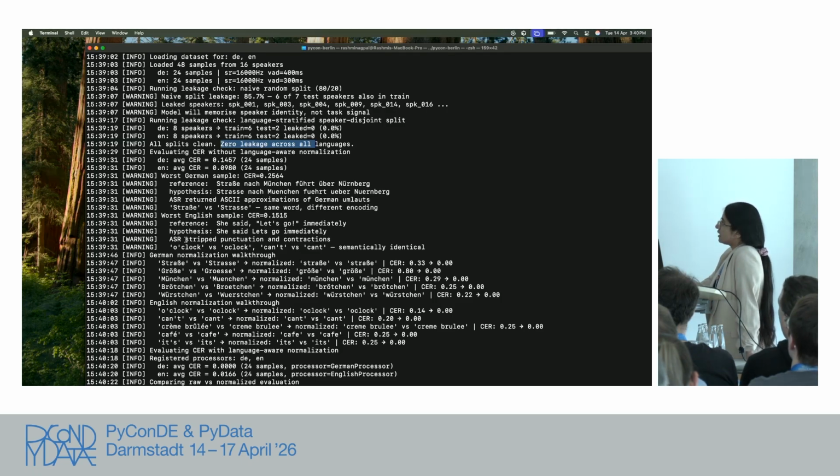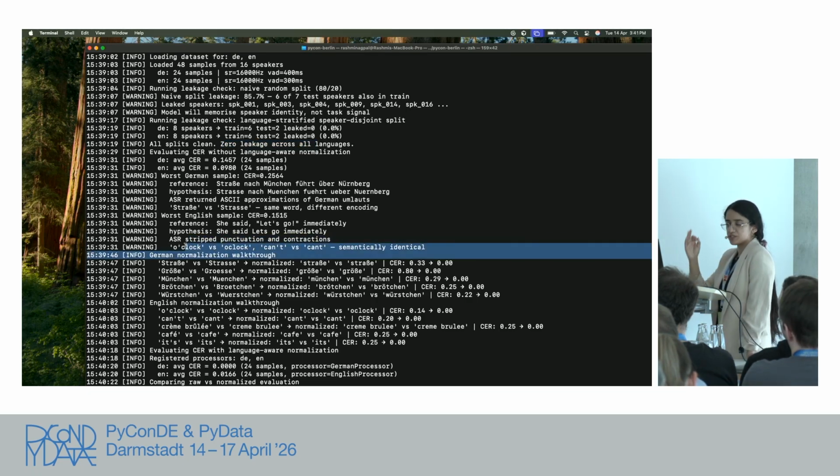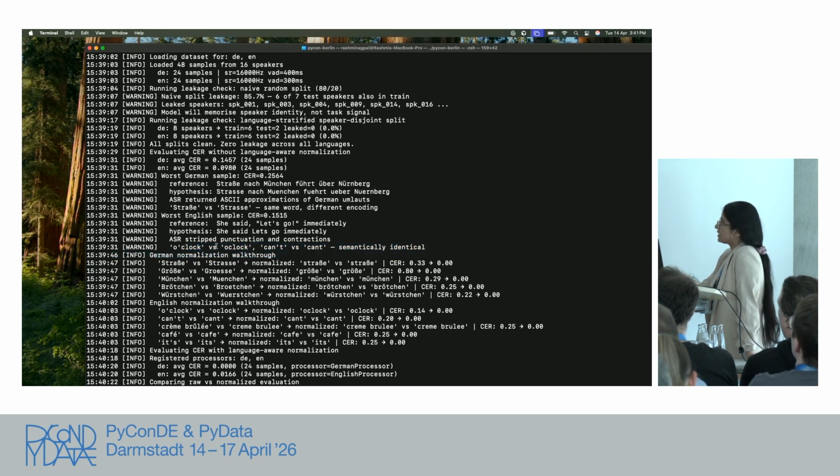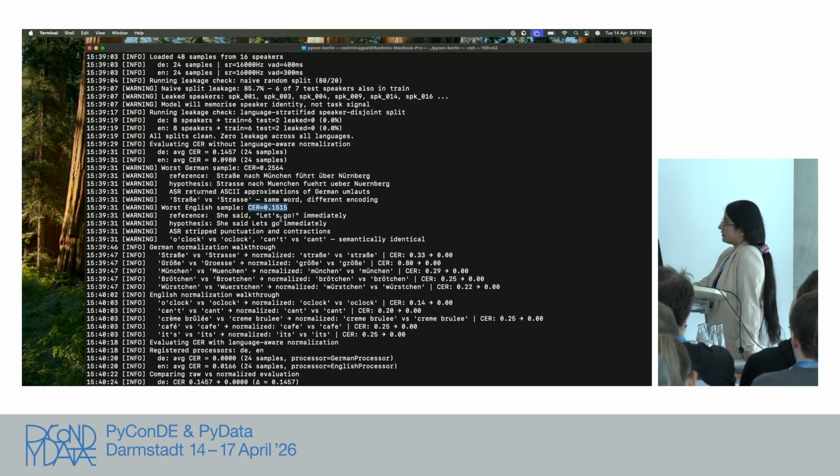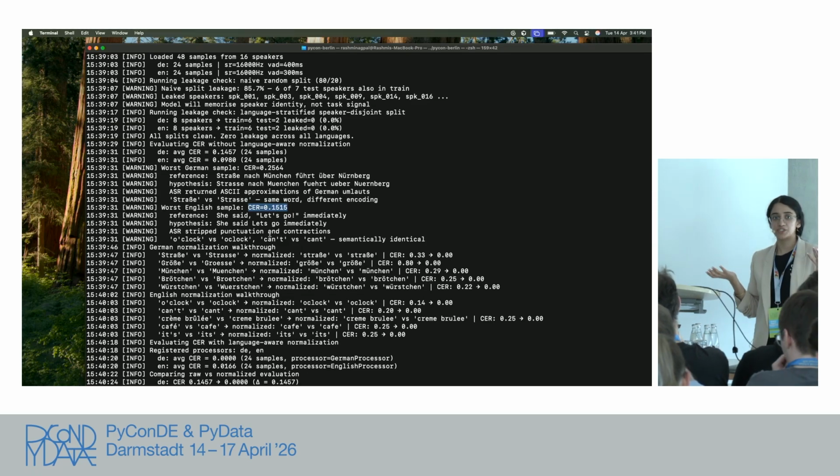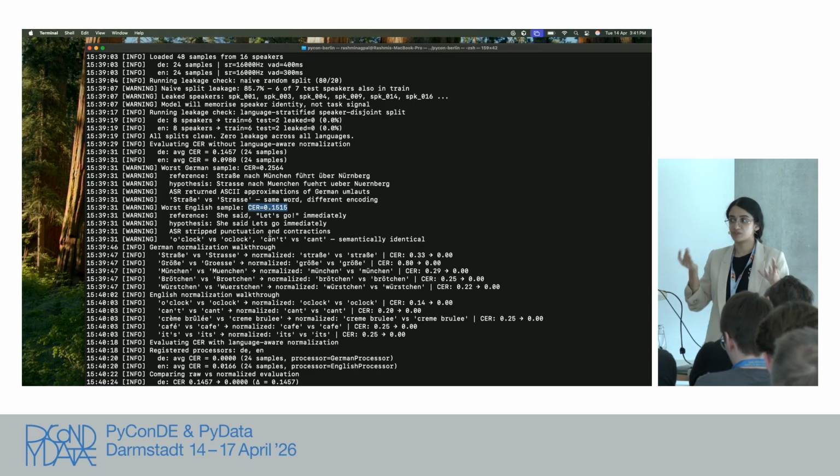But no, here the model says that, after all this punctuation and pre-processing, the way the "can't" is written is similar and the meaning is going to remain the same. But the character error rate is still bad compared to the word error rate, right? So one needs to make sure which evaluation metric one is building for this ASR downstream task.